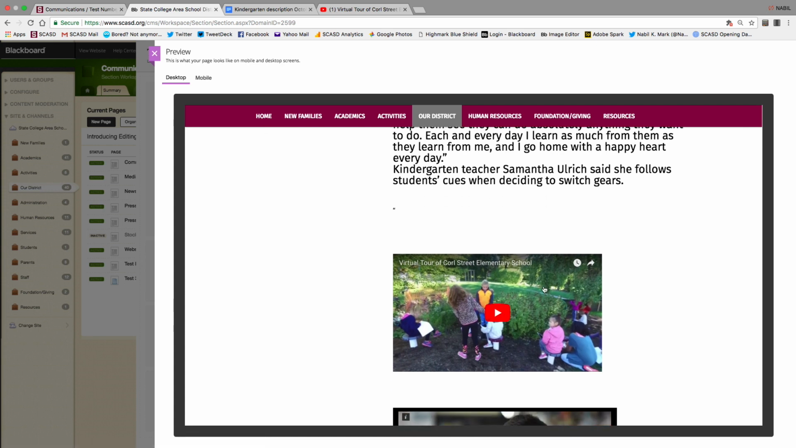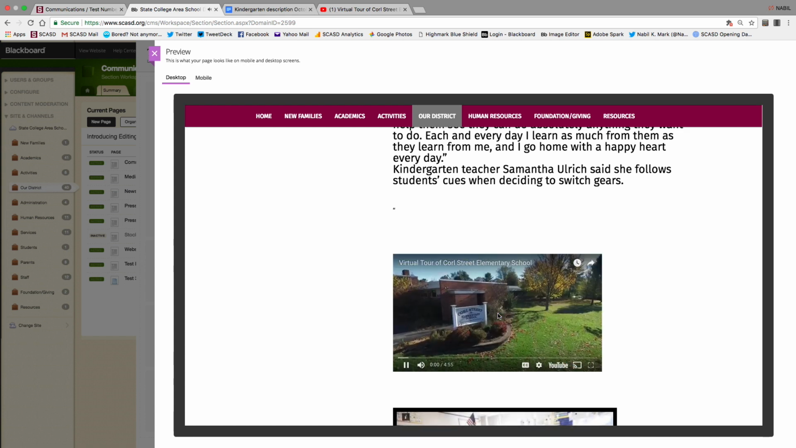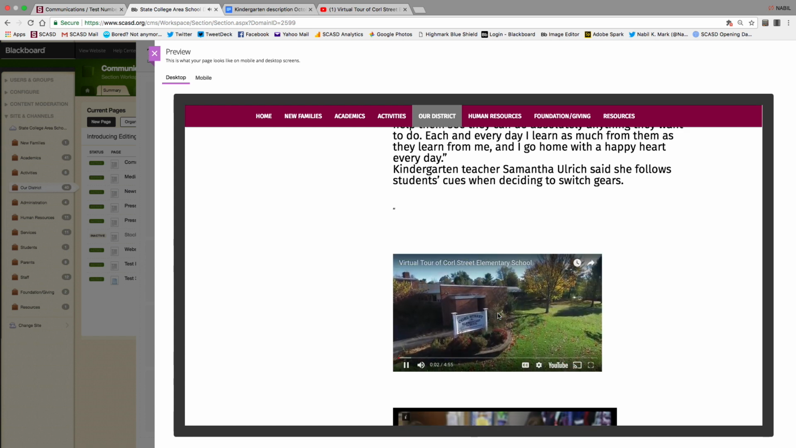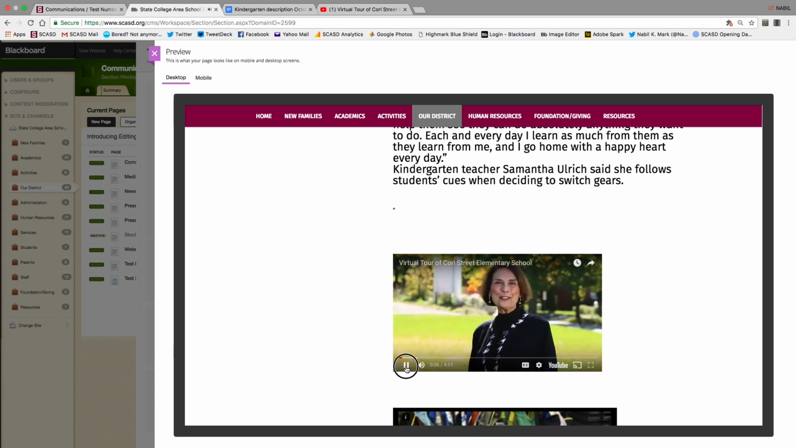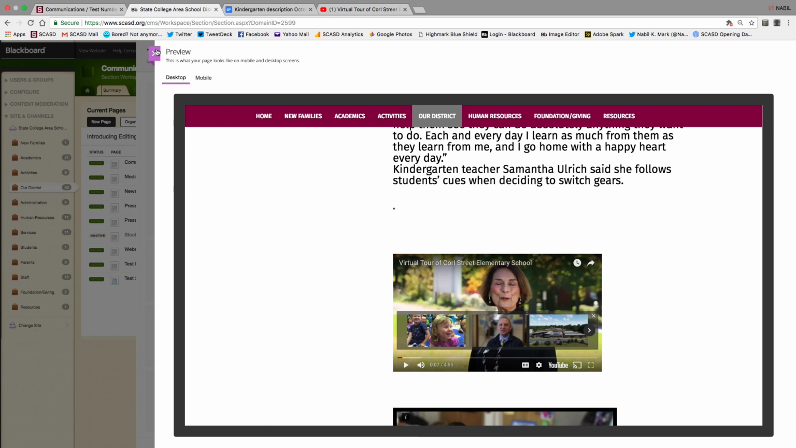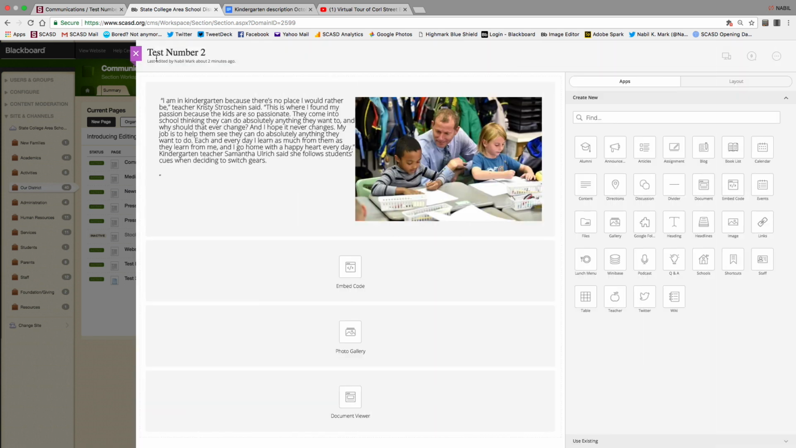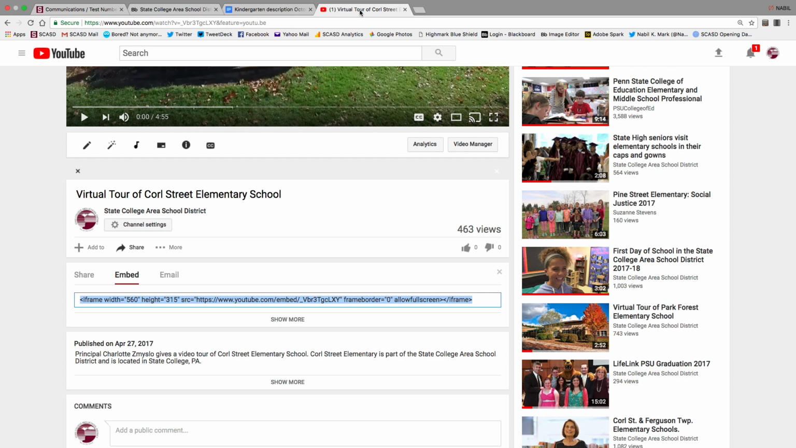And you can play it right there in the site, and it's not going to go anywhere, and it's not directing you anywhere else. So the one thing that I've started doing that I really like, and this is a little bit more complicated, but it's pretty easy if you just write it down. With embed codes, if I'm going back to where I got the embed code from,